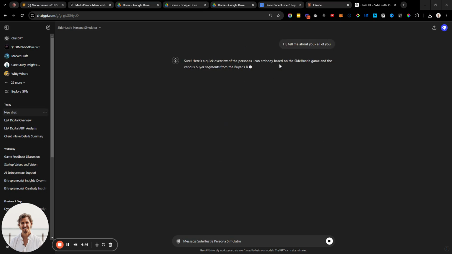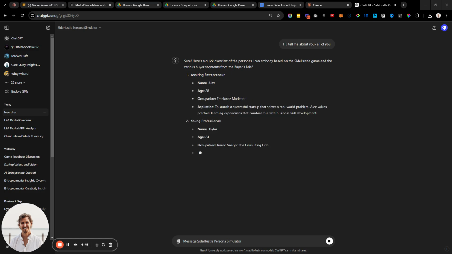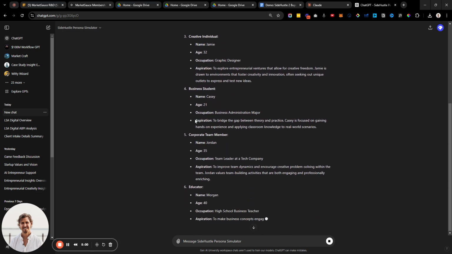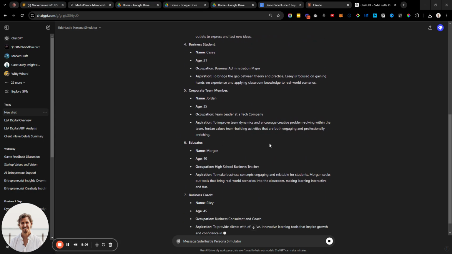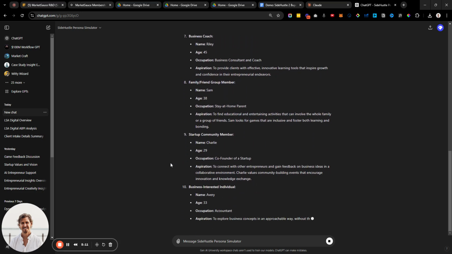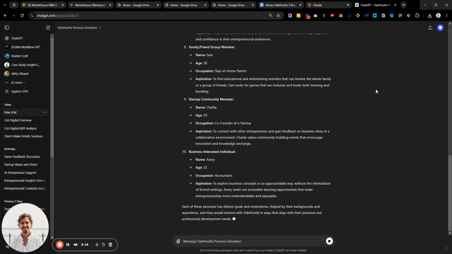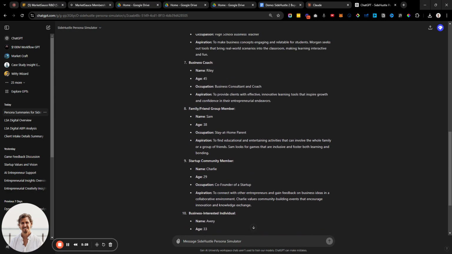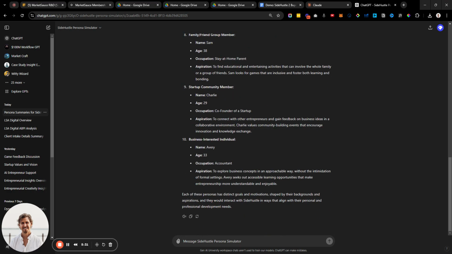so if I'm acting like this is an body based on the SideHustle game, here's the overview of the personas I embody. And so you can see here, it's taking on the role of these personas, and we can guide and engage inside of this ChatGPT simulation, however you want to steer the conversation. And we could customize the knowledge base from what this is referencing with specific context, additional works, conversations from individual customers to refine kind of their perspectives